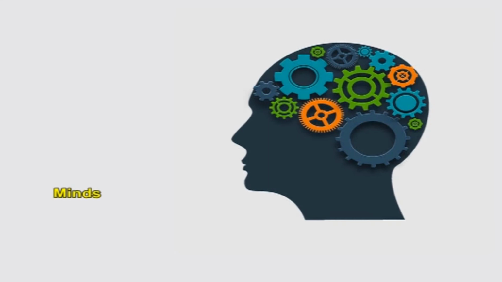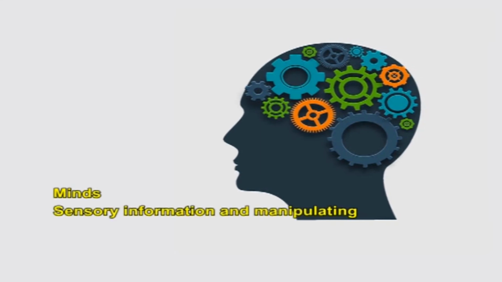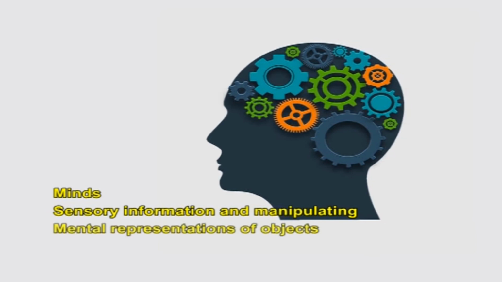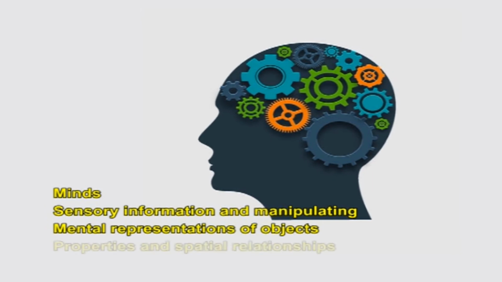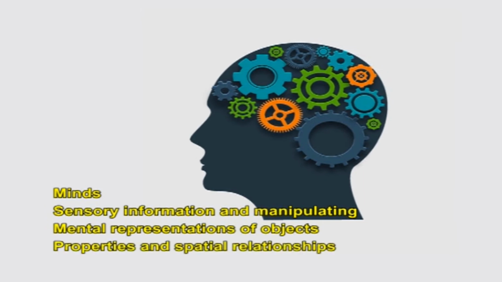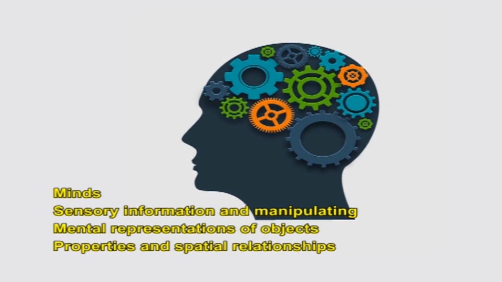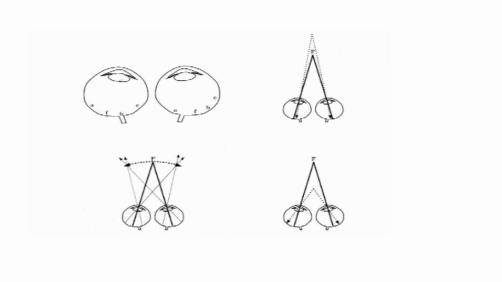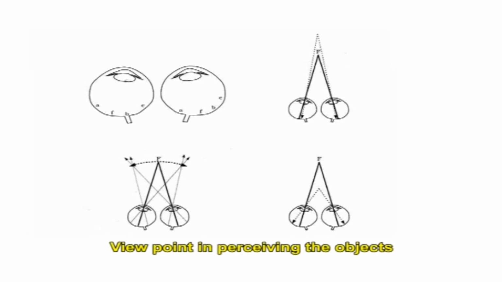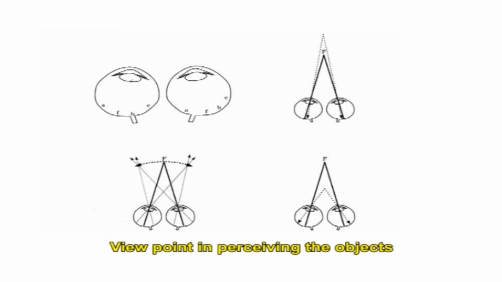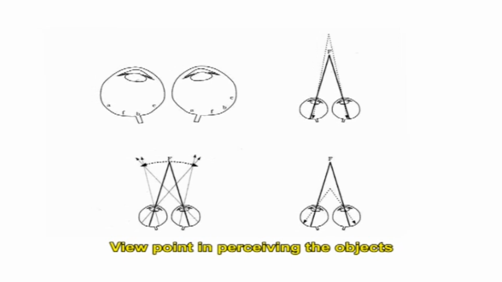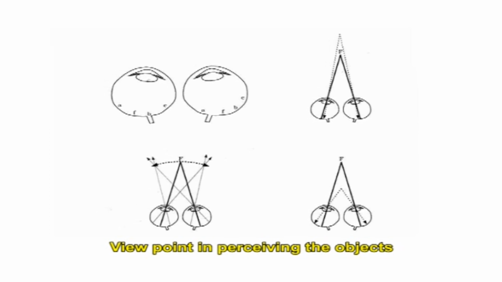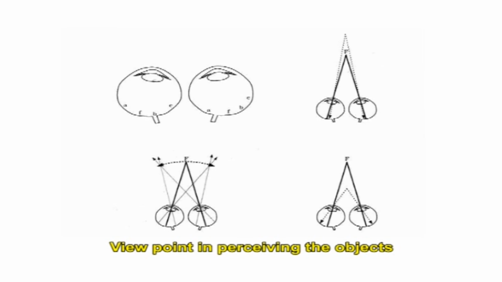Our minds must be taking the available sensory information and manipulating that information somehow to create mental representations of objects, properties and spatial relationships of the environments. Moreover, the way one represents these objects will depend in part on viewpoint in perceiving the objects. For millennia, people have recognized that what one perceives often differs from the rectilinear sensory stimuli that reach the sense